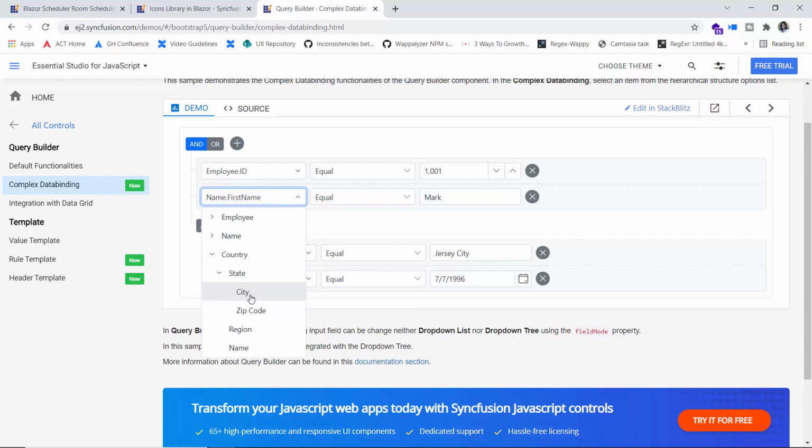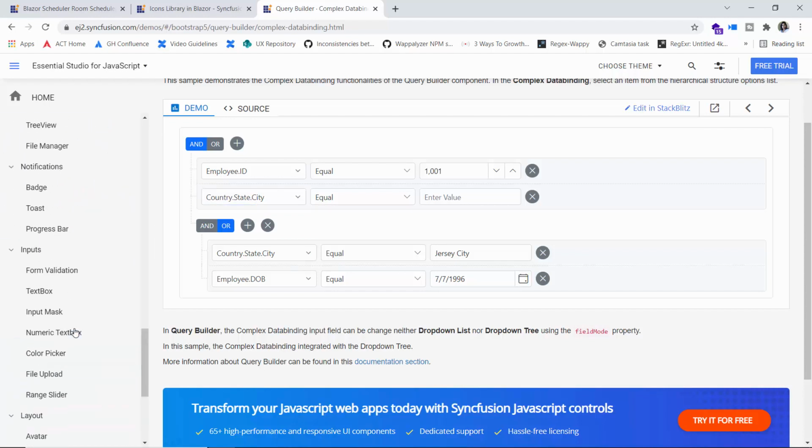So if I want to choose this city, then you can see here country.state.city. So this is how a drop down tree component is rendered for the field option to select from the nested column. So this is what is represented as complex data binding support using this drop down tree.